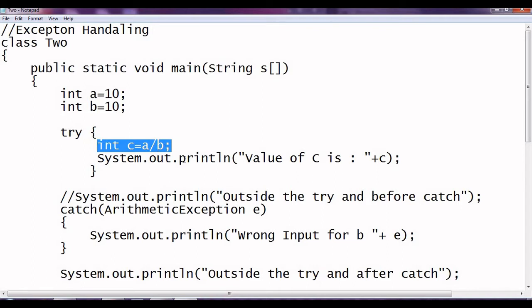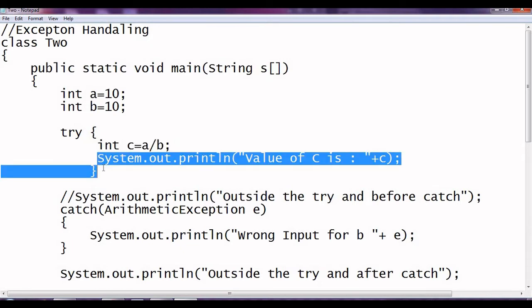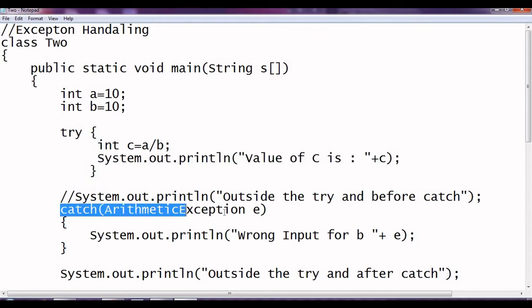So whenever this arithmetic exception occurs, it will skip the rest of the portion of the try, and then it will go for a matching catch. Here we have the same arithmetic exception catch available over here. So this is a matching catch, and e will be pointing to one particular object.